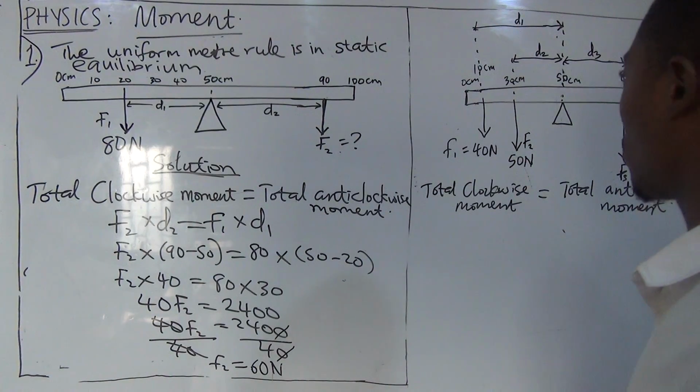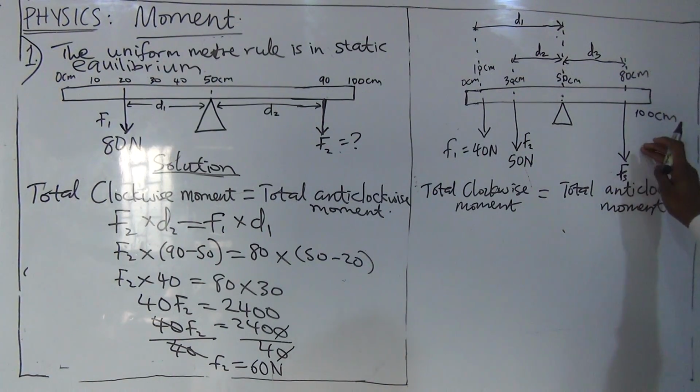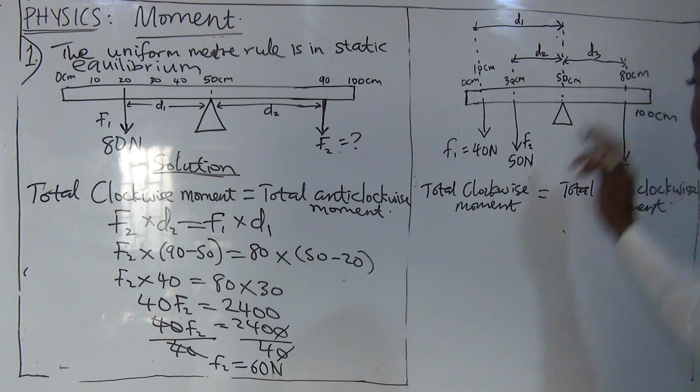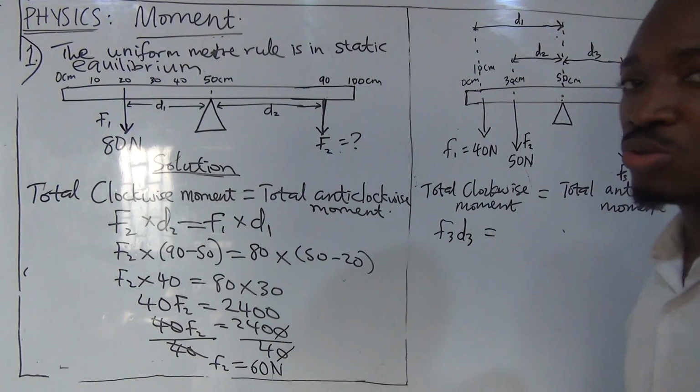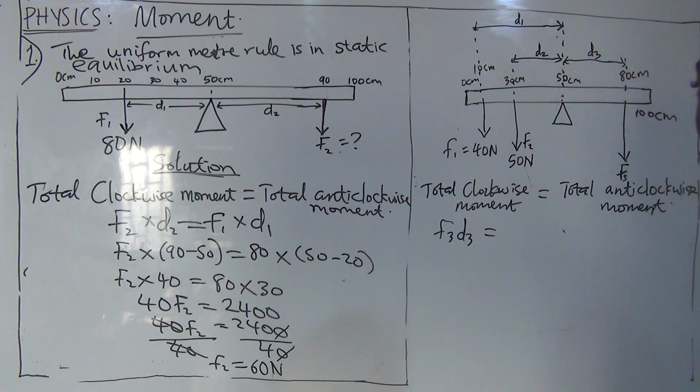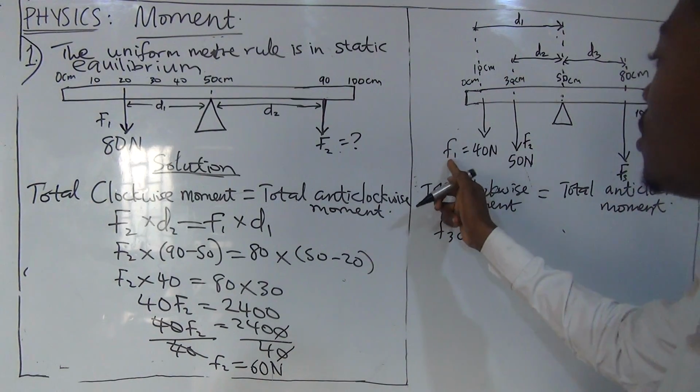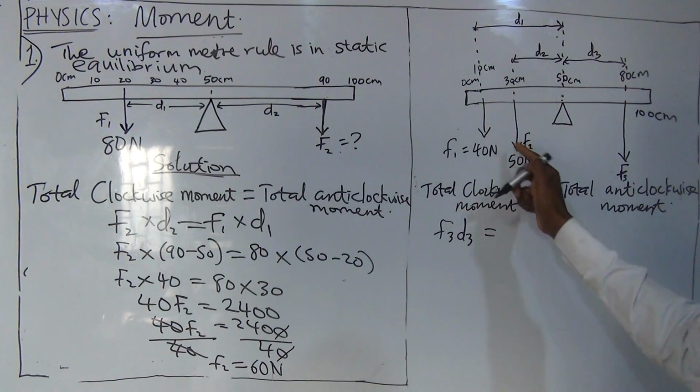Now, what's the total clockwise moment? This is the force producing the clockwise moment, F3 and D3. That means F3 times D3 must be equal to the total anti-clockwise moment. What's the force producing the anti-clockwise moment? These two forces are producing the anti-clockwise moment. F1